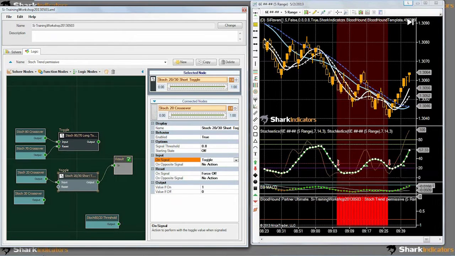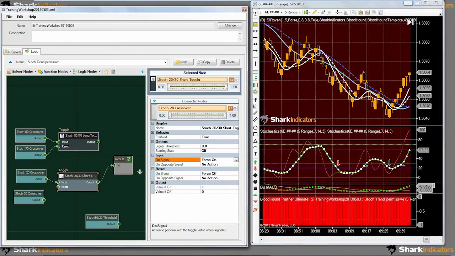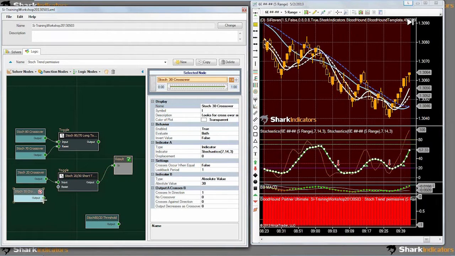So it toggled on when we crossed below the 20, and then when we crossed below the 20 again, it toggled itself back off. But we actually want to force it on every time. And then I connect up the crossover solver for the 30 level into the reset